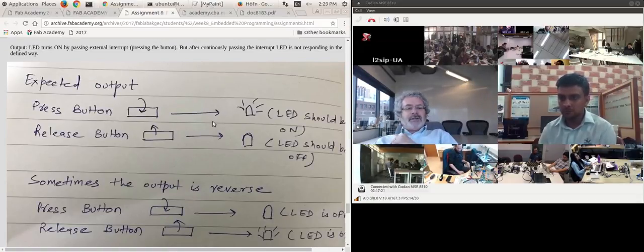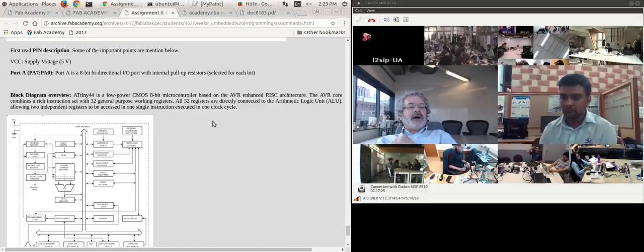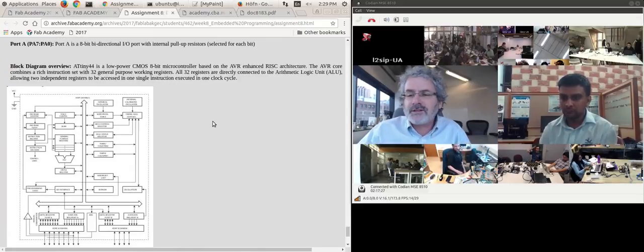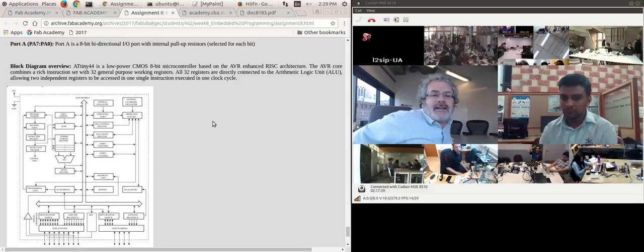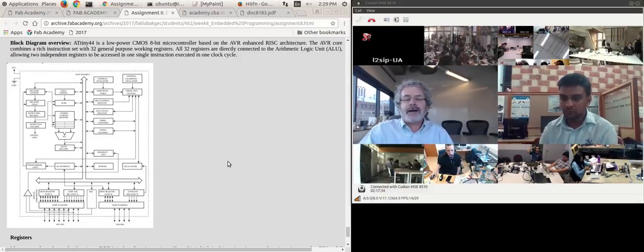But again, this is a really good week's assignment, because what you're showing, thank you. I wanted to go right to this picture. To understand all the things he's showing, it goes back to the data sheet, that the button and the switch, you can read the pins,